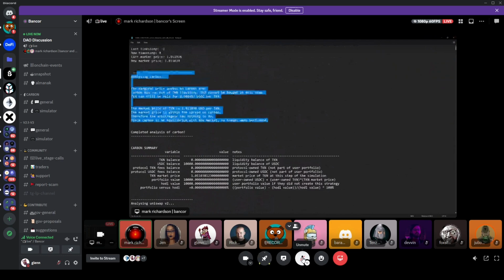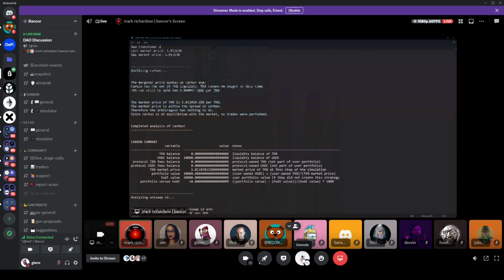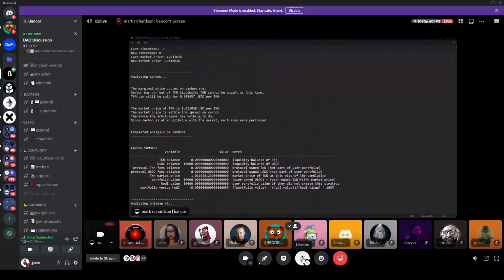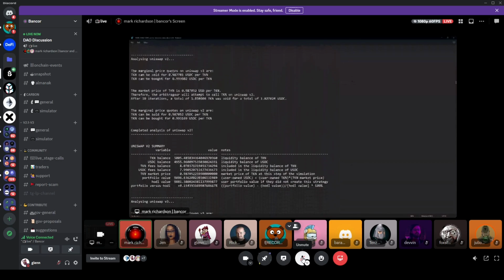If we've got 1,000 data points in terms of price, we're going to have 3,000 explanations for what was done here. But just quickly looking at it, I'm just going to jump to a random part of the simulator so we can see what it is. So here it's telling you that it's analyzing Uniswap V2. It tells you that the marginal price on Uniswap is